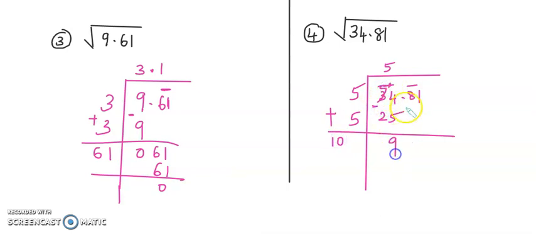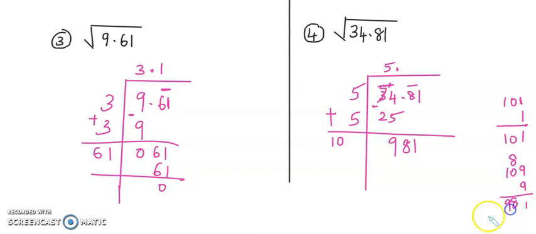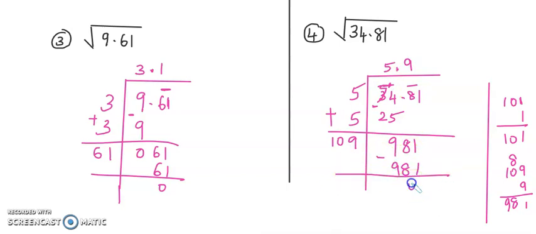Decimal, shift it up. Bring down 81. Correct? Now 1 means either I go with 1 ones are 1 or 9 nines are. So if I put a 1 in the units place, it will be 101 multiplied by 1, which is 101. So I have to go with 109 multiplied by 9, which is 981. Correct? So either I'll go by 1 or I'll go by 9, because my last digit is 1. Okay. So here I'm getting 9. So 981. Subtract and you get a 0.